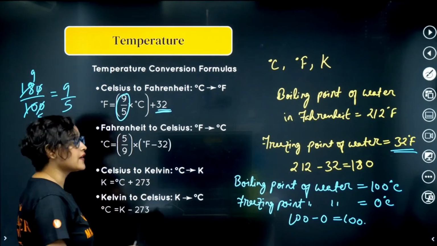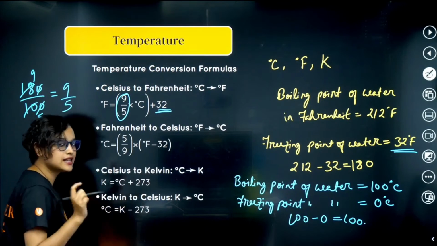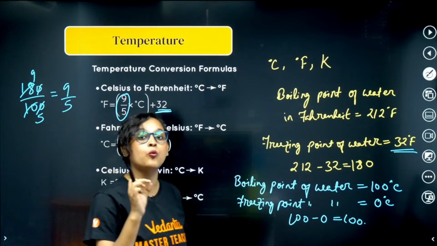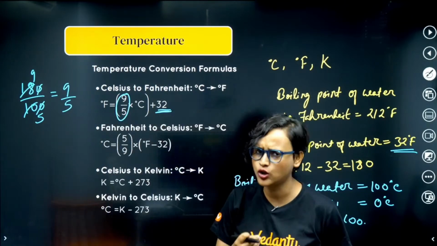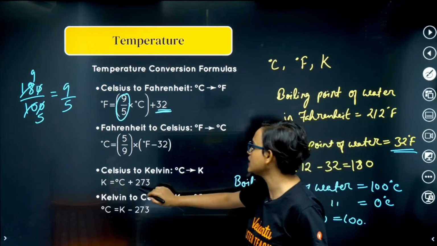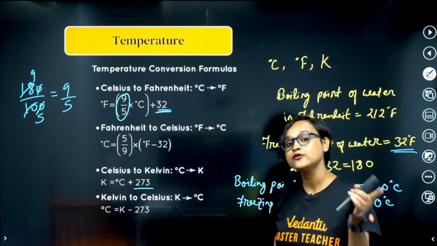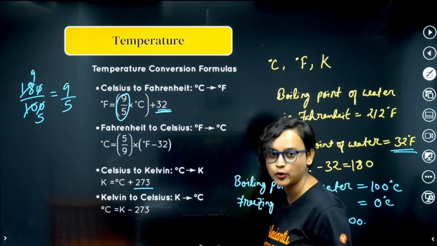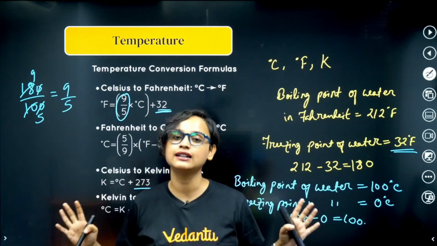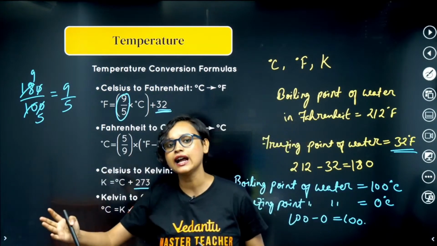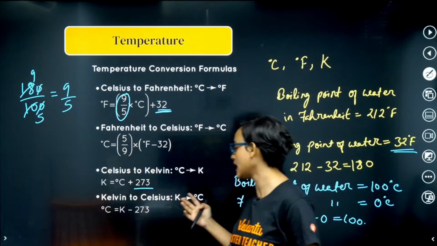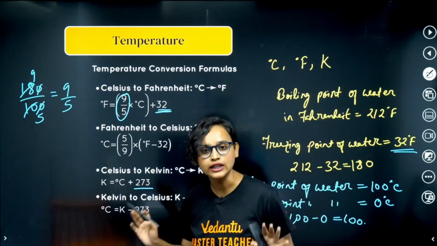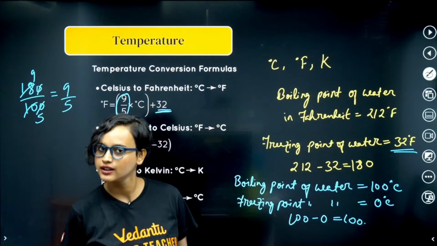And finally, if I have to change Celsius to Kelvin, please know that 273.15 is the actual number. However, we want to make our life easier, so we have just taken 273. And if you are once again asking me where this 273 Kelvin comes from, it is the same thing, that boiling point and freezing point that I have told you. In case of Kelvin scale, that number is different, that number is 273, which is why we write 273. That's it, this is the conversion. I hope you are clear with it.